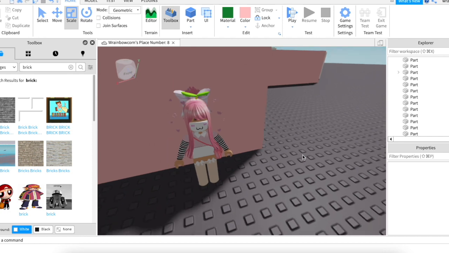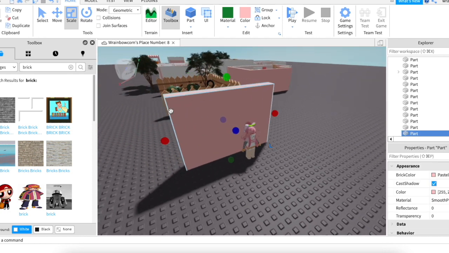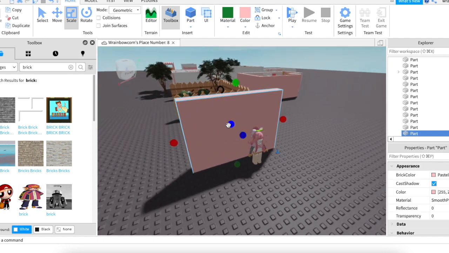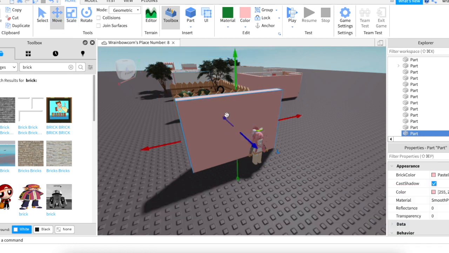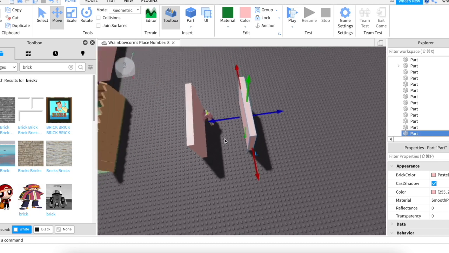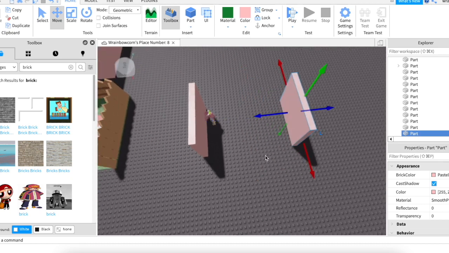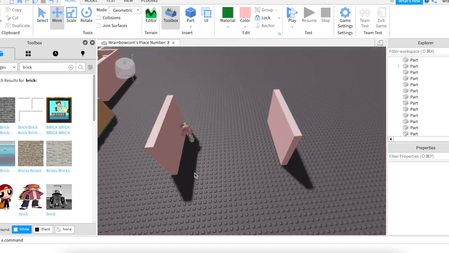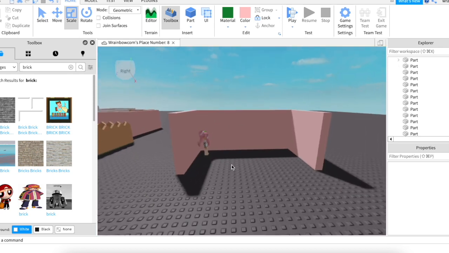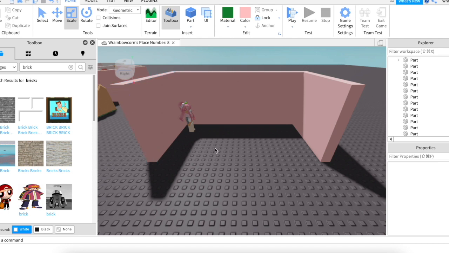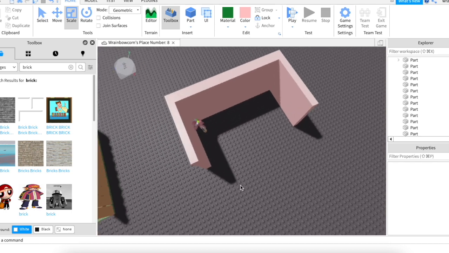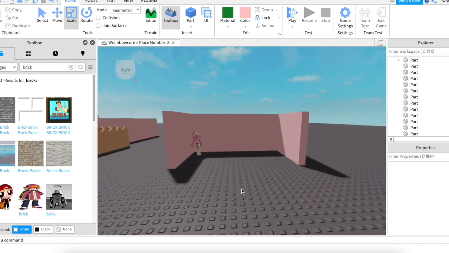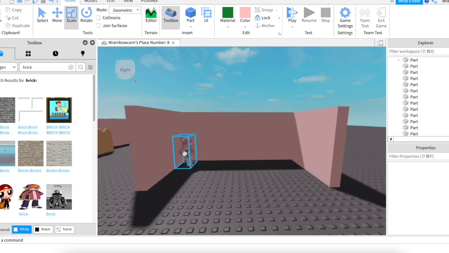And now I'm just going to duplicate this wall by pressing Control D or Command D. And it looks like nothing happened, but if you go to the move tool, then you're going to see that there's 2 of them instead. This room model is going to have an open wall. It is going to kind of look like this, so there's not going to be any wall here, and it's just going to be like this. And of course, you can do whatever you want. You can choose to put a wall here, or you can choose not. I just kind of like the aesthetic of this. So now I'm just going to repeat the process, and I'm just going to make a floor.